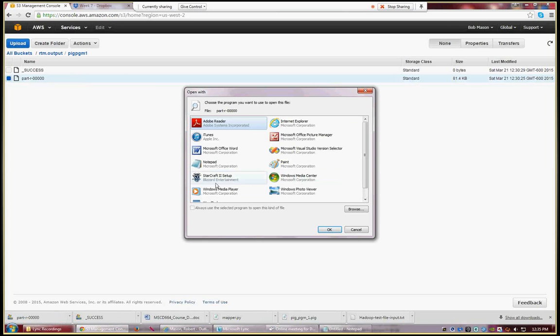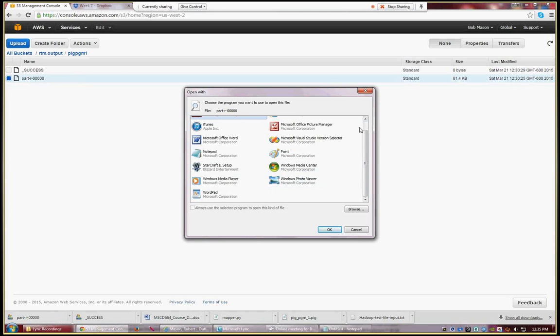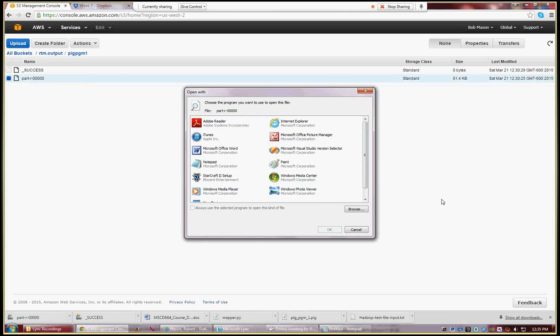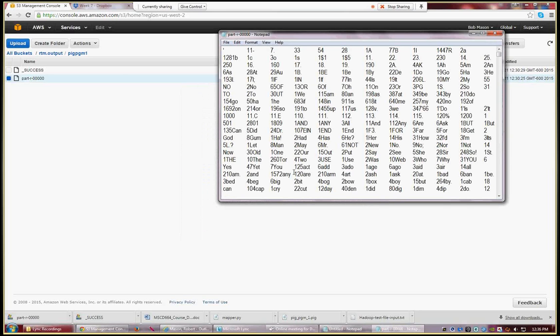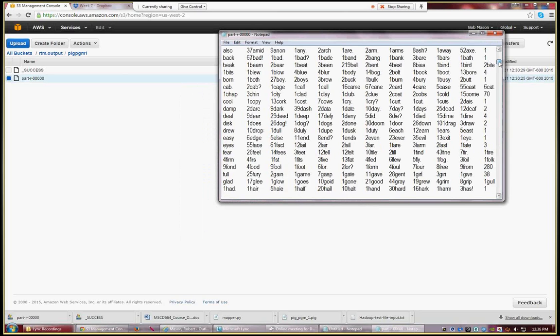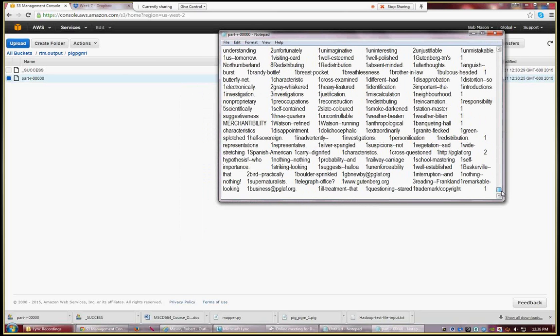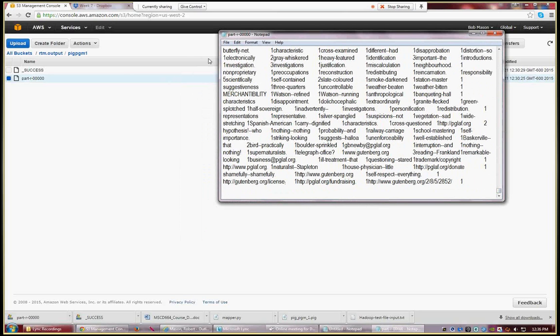And I'm going to open up with a local text editor that I use, if I can find it here. Otherwise, I'll just open it up with Notepad. Yeah, I'm not seeing my local text editor in my list. So we'll just see if we open it up with Notepad and see what that looks like. And here's the data. Unfortunately, though, it hasn't broken it off into different lines, but